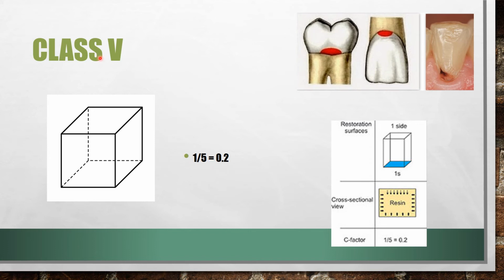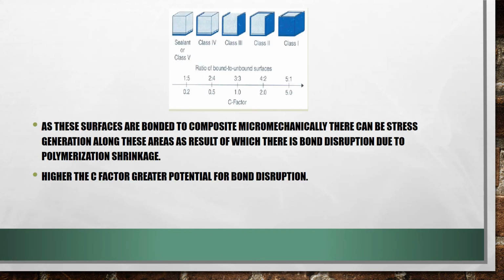So that is for your class 5, in which the configuration factor is 0.2. So now you would be thinking, why are we reading about this C factor? Because this C factor has clinical importance for your composite. Now we have said that the bonded surfaces are the ones in which the composite is bonded to your tooth